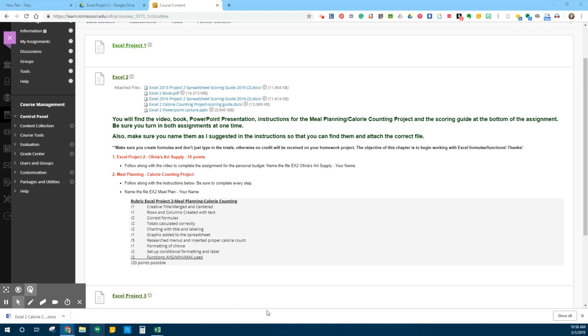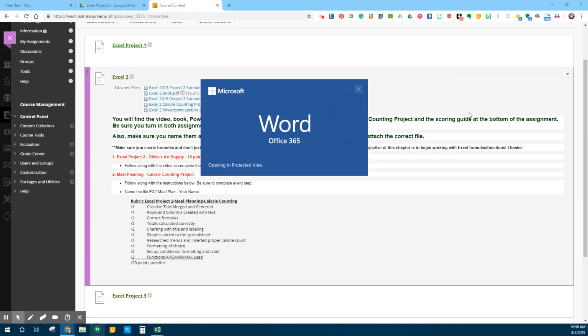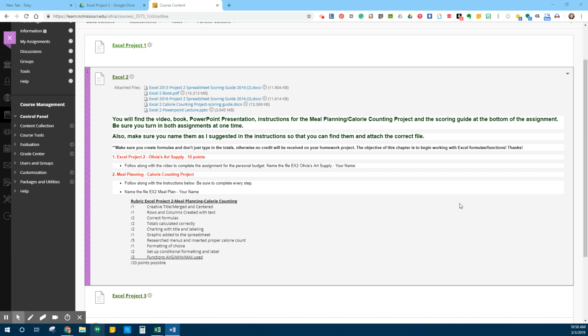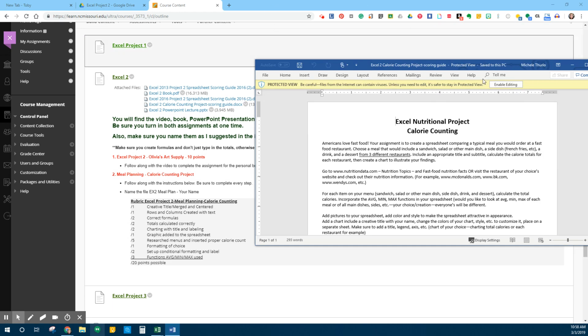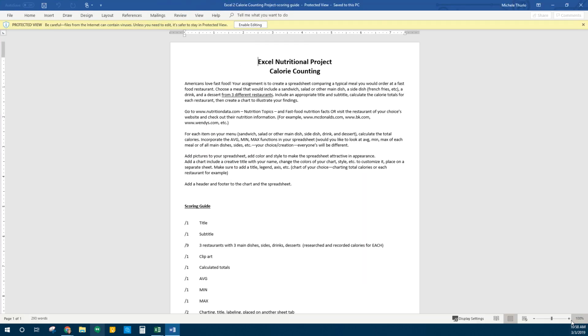So basically, you're going to be creating a spreadsheet based on a meal you might get at a fast food restaurant. My Word is opening. It is kind of slow. And open on the other screen. Okay. Bring that over here and I'll make it bigger. Okay, so